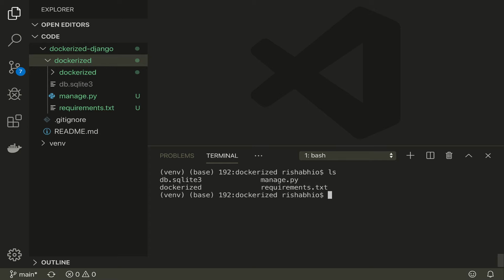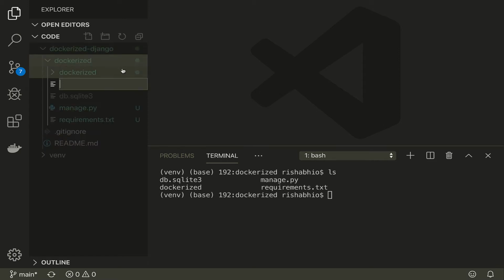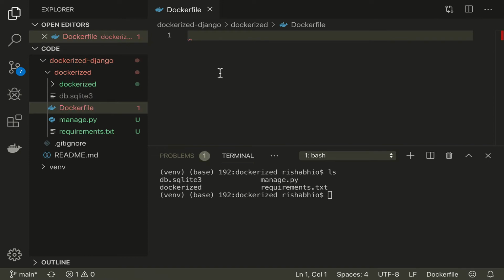In order to Dockerize my application, the very first thing I need to do is create a Dockerfile for my Django application. So let's add a Dockerfile. Inside of this Dockerfile, I need to declare how my image should be built. As we know, there is always a Docker image, and that image is used to create my containers. To define that image, I need to tell it the steps to build my image. So let's define those steps.